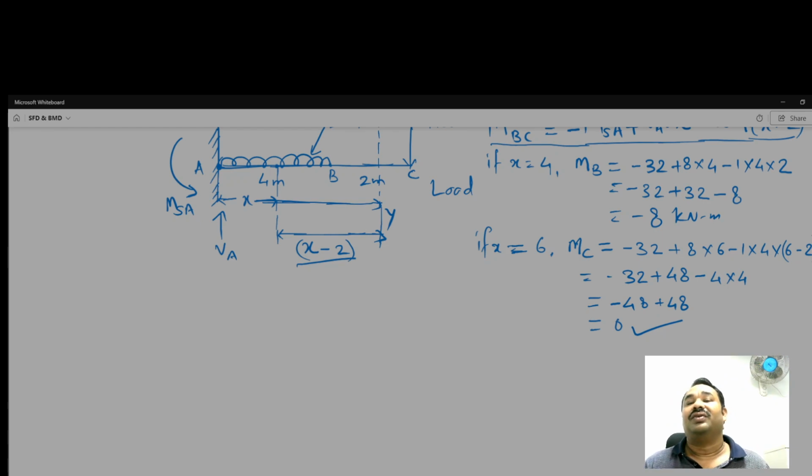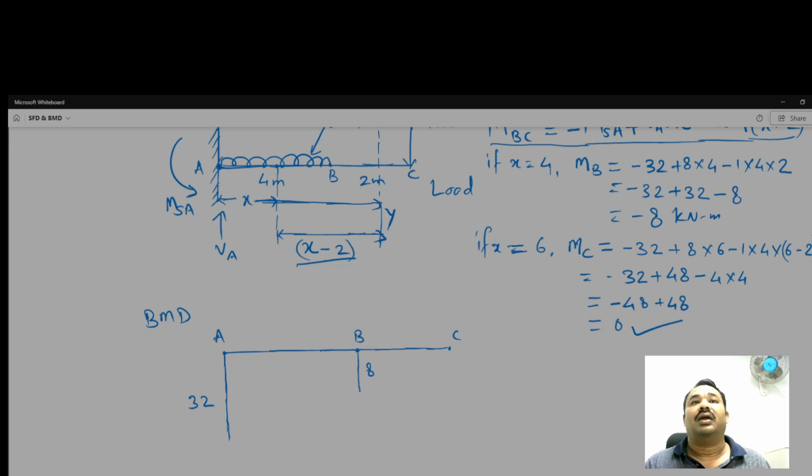So in this way you can see through the section method we have also got the answers like previously, and now the bending moment diagram. So just below the load diagram, bending moment diagram here, A, this B and C, and a bending moment with negative direction, so that's why it is 32 in the negative direction. And what about at B? So at B we are getting minus 8, so it is like this,